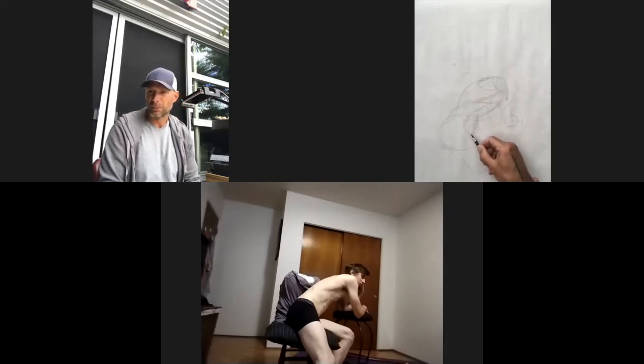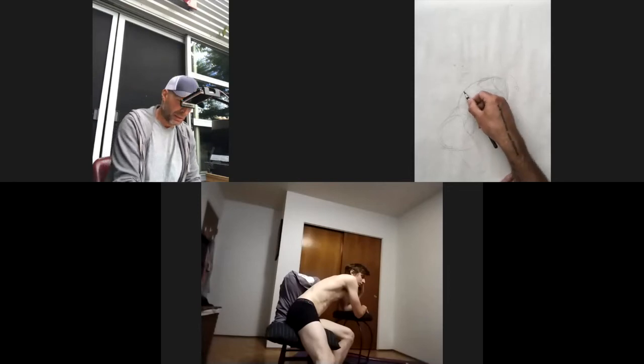So now I know that the rib cage is doing something like this as a really simple contour. But then also, you can lightly see a change of value right about here. That would be a good indication as to where that rib cage now changes contour into that lat